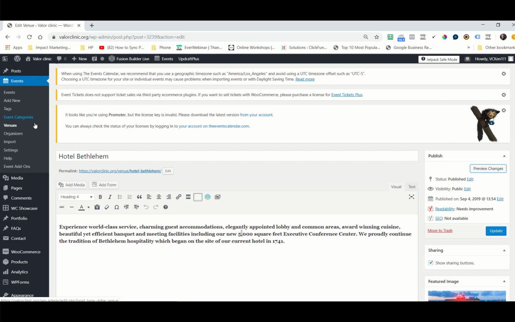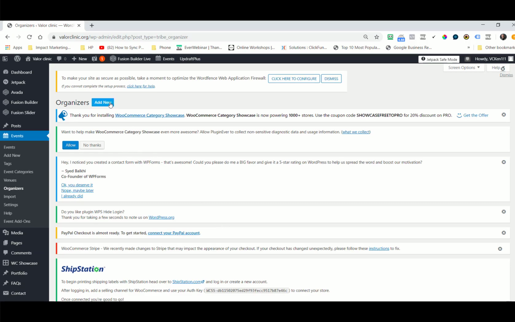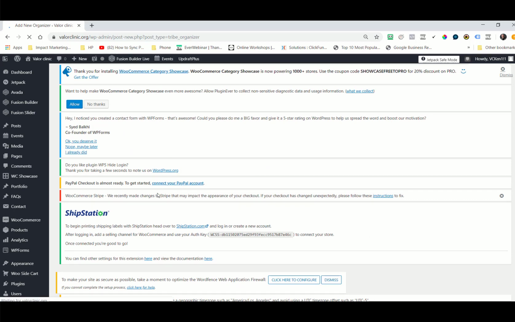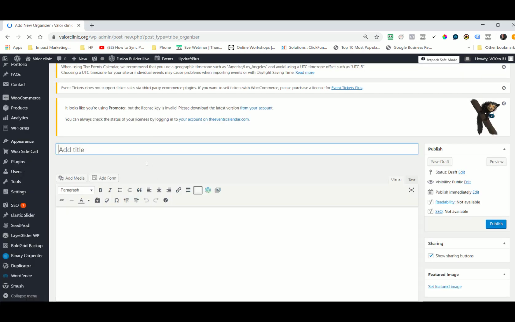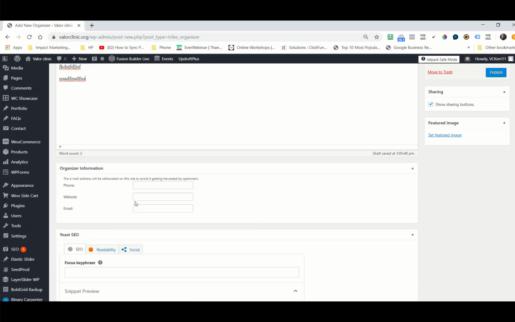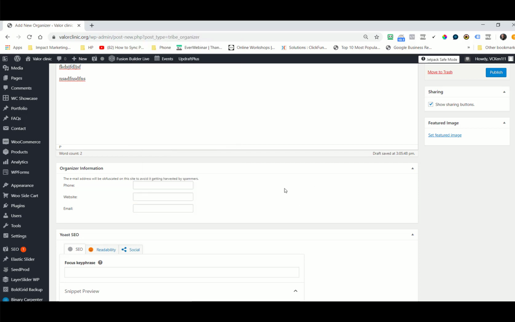Another part of events is the organizers. Okay, I come into organizers and you'll see the names that I've already put in. If I'd like to add new, I could just go into add new, and there again I can type a name and a description of the person, the phone, website, if there's a website for the person, and email, if you'd like